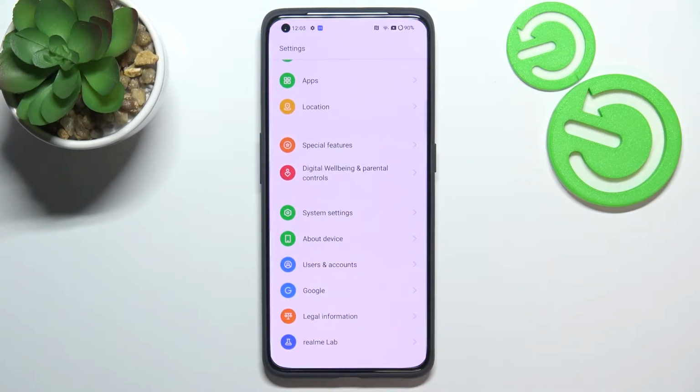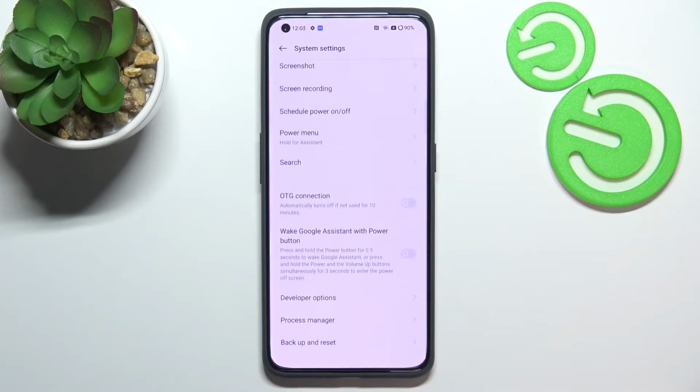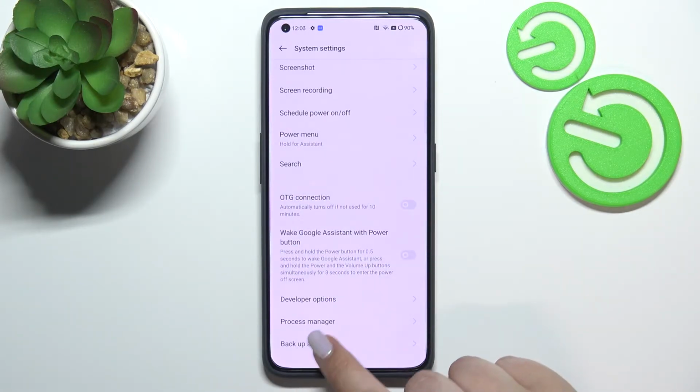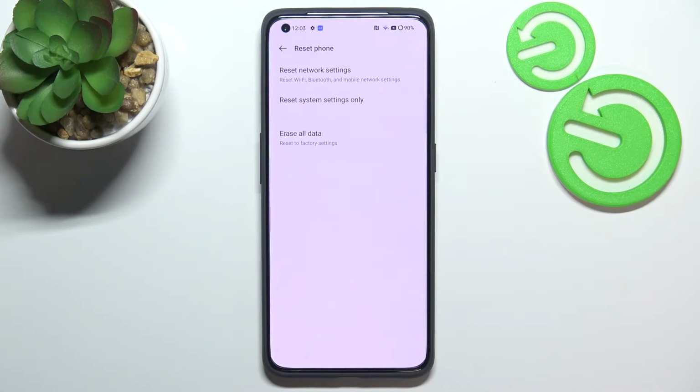So first of all we have to enter the settings, and now let's scroll down to the very bottom to find system settings. Now let's scroll down to the very bottom again to find backup and reset option and enter reset phone. As you can see at the very top of the list we've got reset network settings option, so